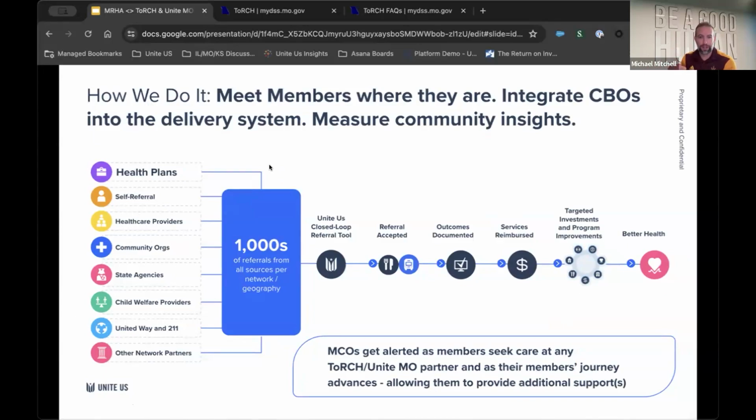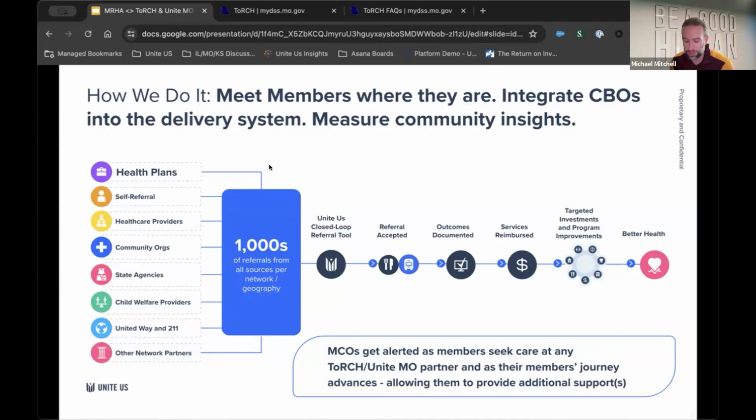over and over again. And again, as you can see, as that journey advances through the shared infrastructure, through that shared technology of Unite Us, you can see I've sent the referral. Did it get accepted? Great. I don't have to, as the referral sender, I don't have to activate yet. There was an outcome documented. Great. I can see that. In some cases, in the ToRCH model, services will be reimbursed, and then we use the data collected to reinvest in the moments to make sure that we have the right capacity to serve, and ultimately driving towards that better